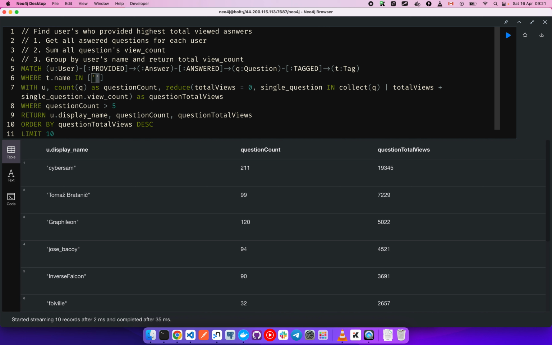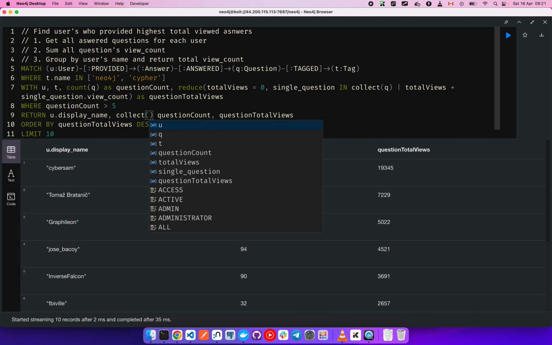We know that there is Neo4j and for example Cypher, and then we can use these tags right in our query and then return, for example, the collected tag name,